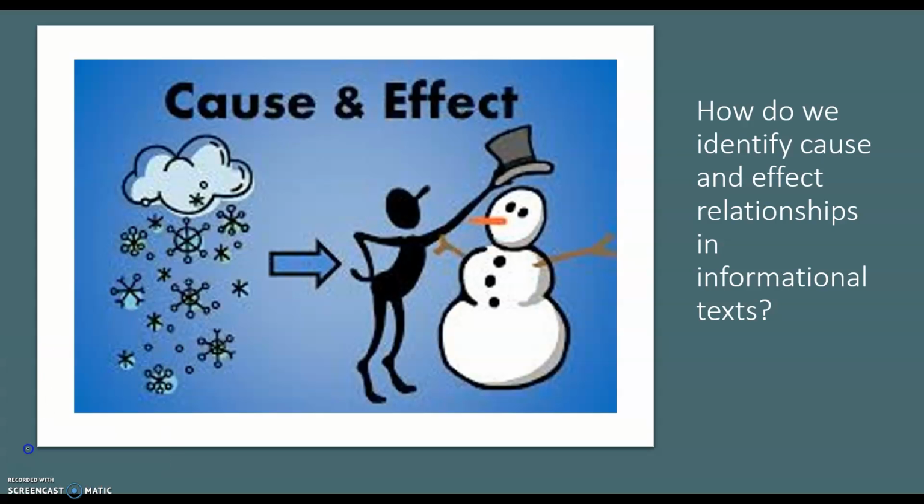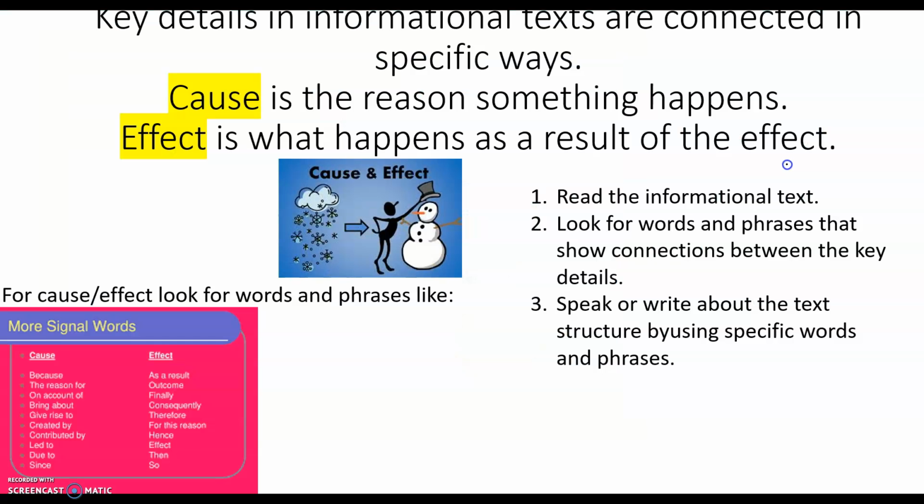Your lesson essential question is, how do we identify cause and effect relationships in informational texts? So today we're going to be looking for cause and effect relationships as we're reading. Key details in informational texts are connected in specific ways. We have the cause, which is the reason something happens, and the effect, which is what happens as a result